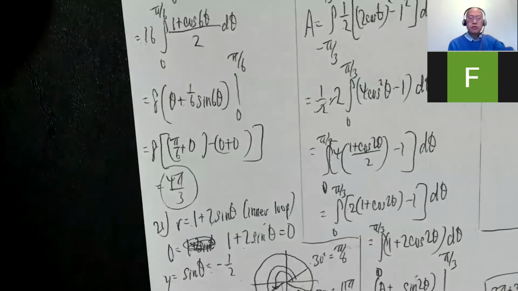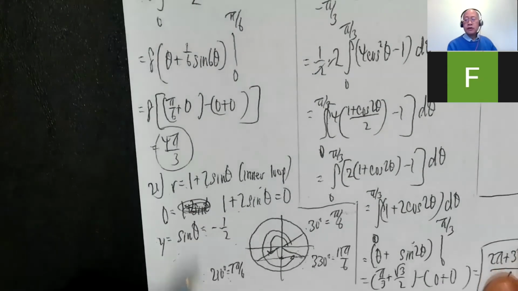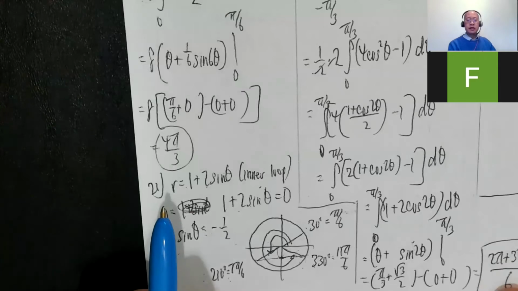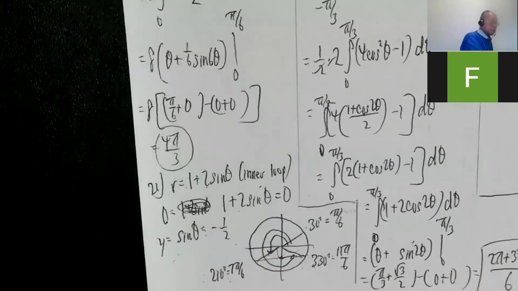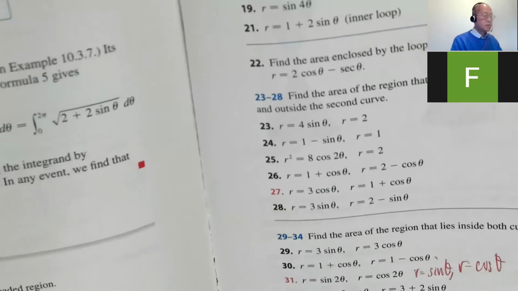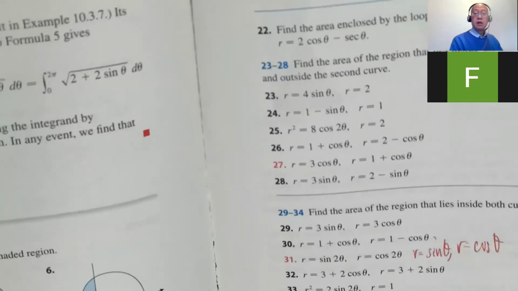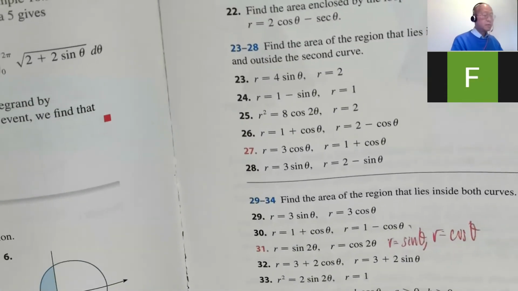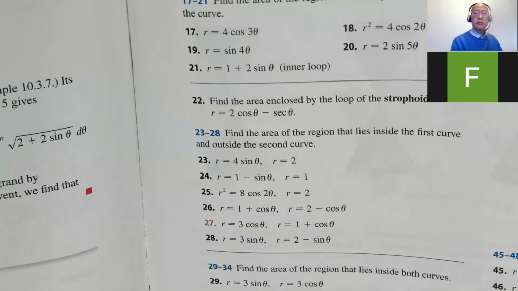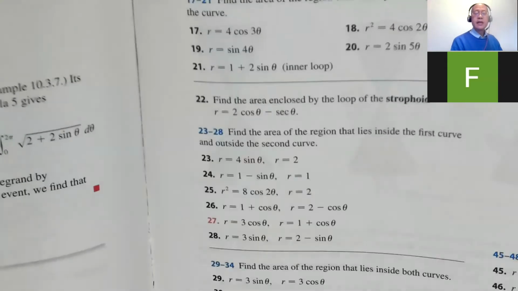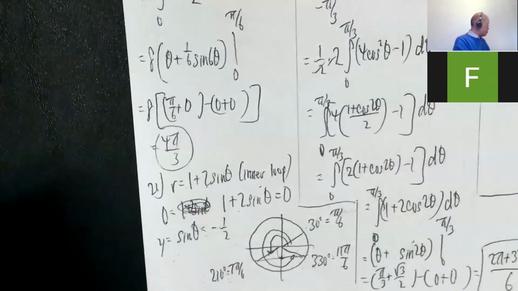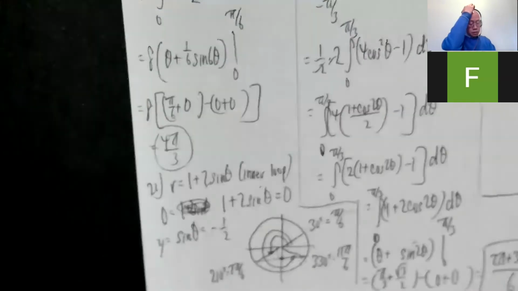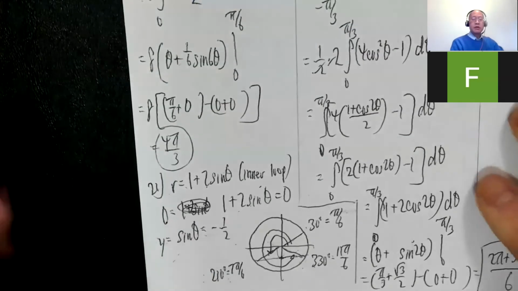Okay, then I want to mention 21. So I went over an introduction to this the other day because I knew it would be needed here. For 21, it says inner loop. Where is it? Problem 21. Yeah, r equals 1 plus 2 sine theta, inner loop. Okay, so I showed you that the other day. There was an inner loop and an outer loop. Okay, so I had to know where this came into the pole